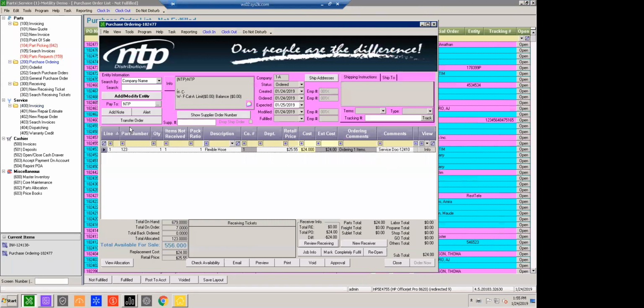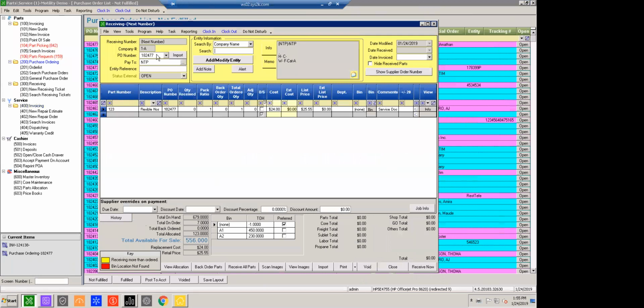So if you are ordering from the document, let's say I create a receiving ticket now, we can actually have the system update that original invoice with a status letting me know that the special order parts have been received because we ordered from the invoice. So if I type in whatever my reference number is here and I receive this from, you know, my warranty vendor,